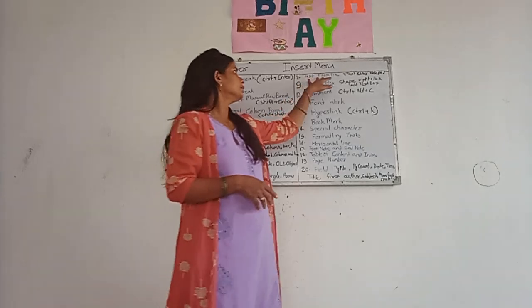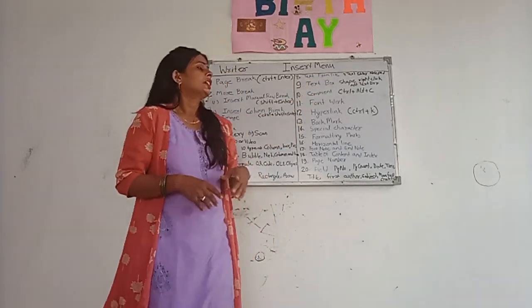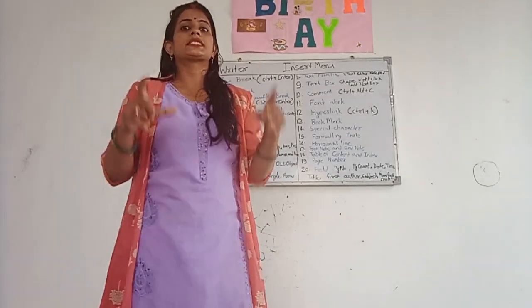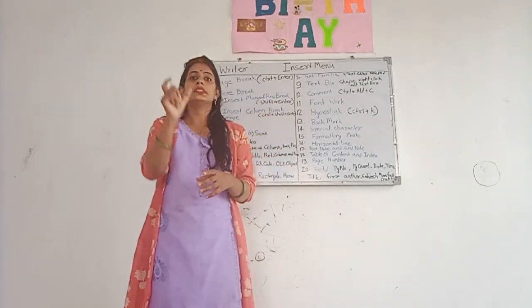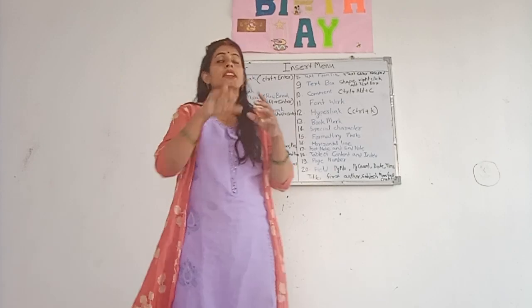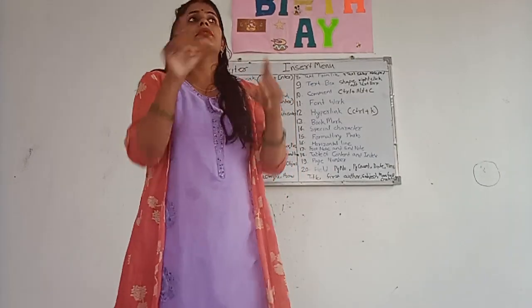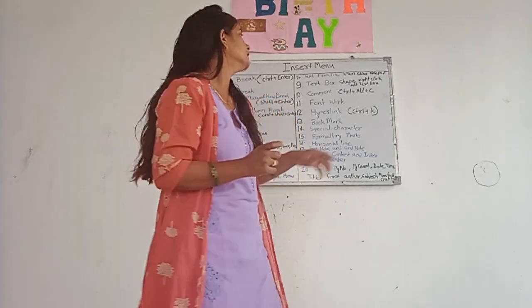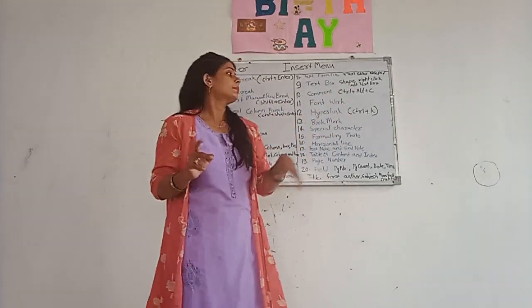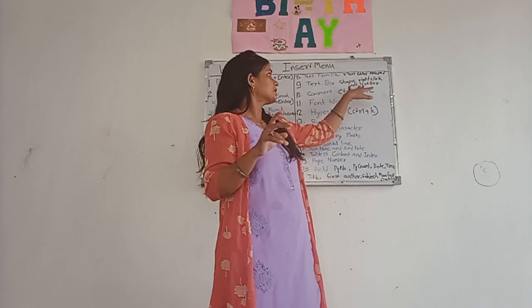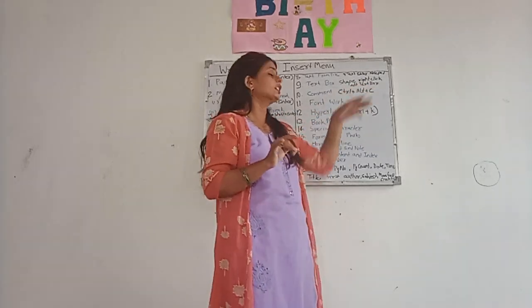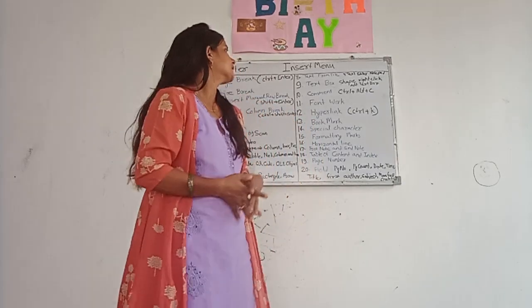We can insert a text box. If we enter any shape like a rectangle or circle, and we want to write something in it, like when we enter a circle and want to write in the circle, then right click on the shape, and one option comes: add a text box. By clicking on this, we can write anything.